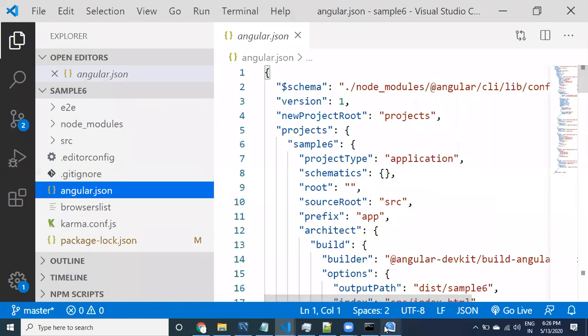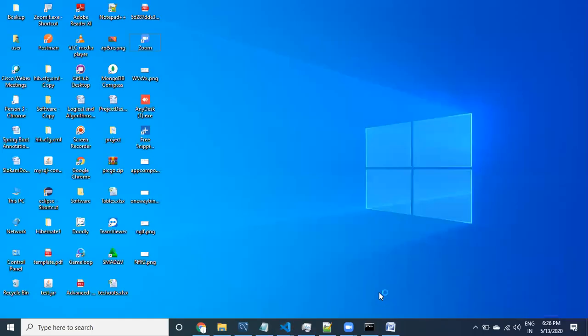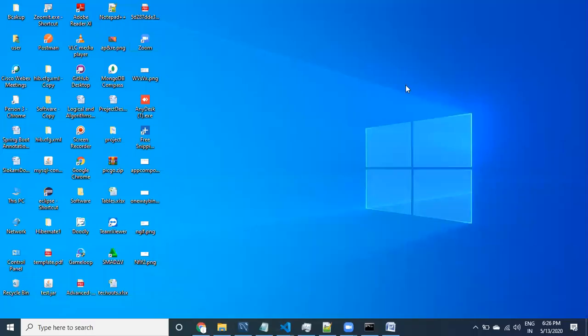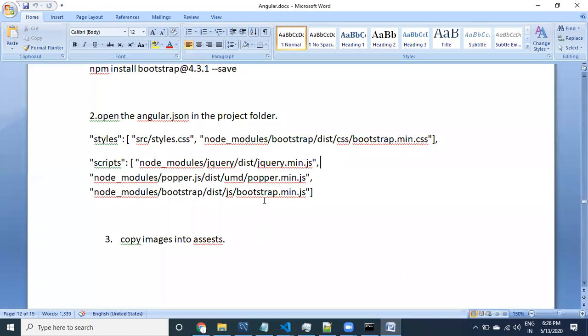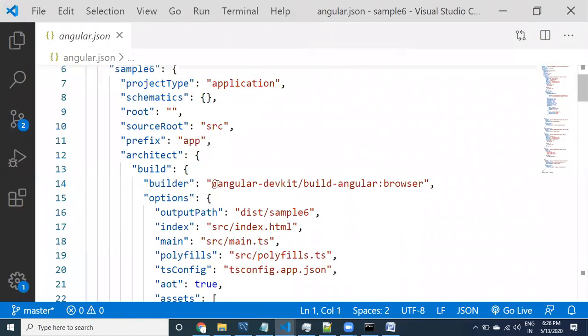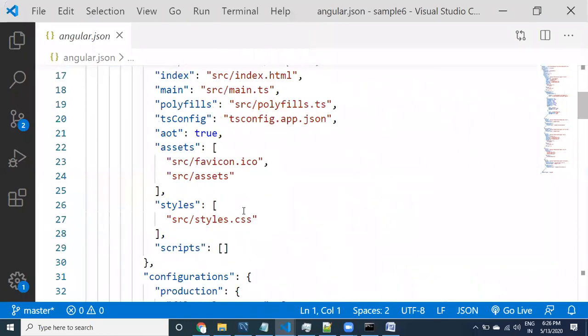Okay, somebody asked a question. Bit louder? Okay, sure. Now I just have to configure this one in angular.json. Of course, these are the repeated steps we have already done, right?